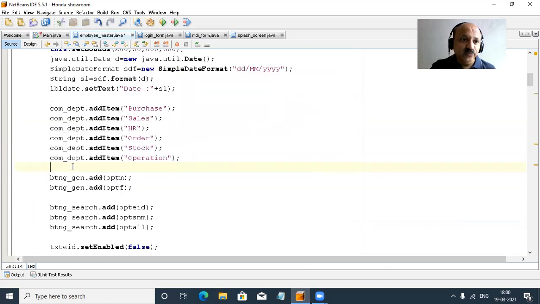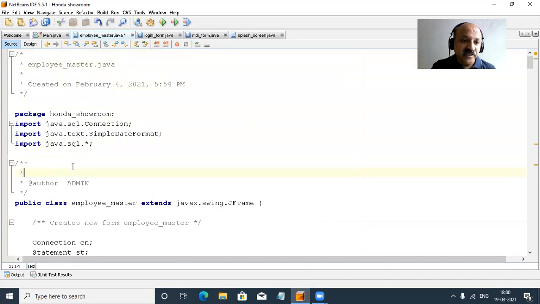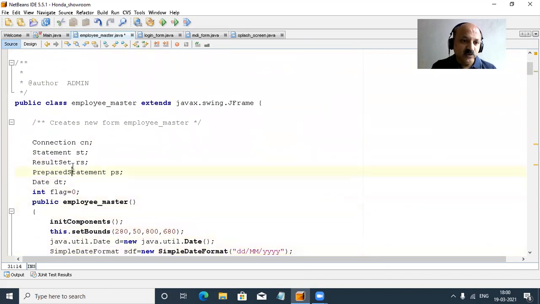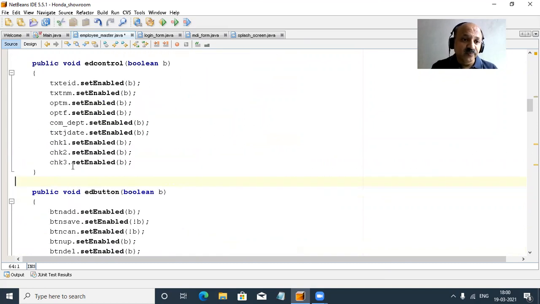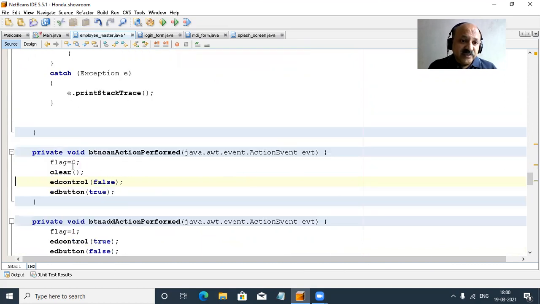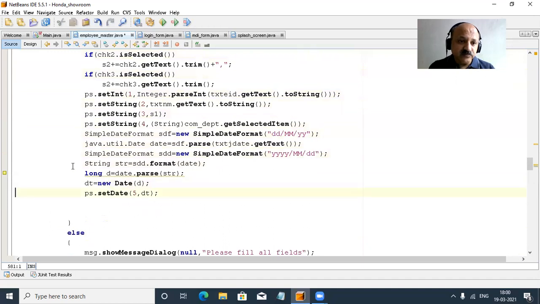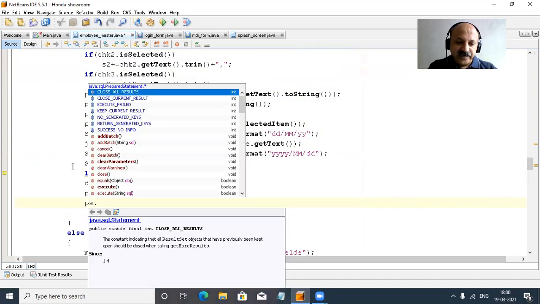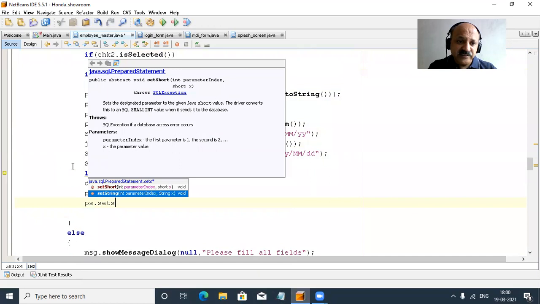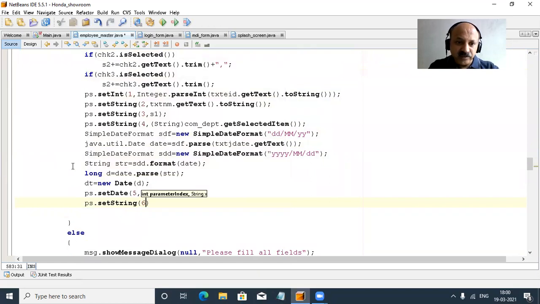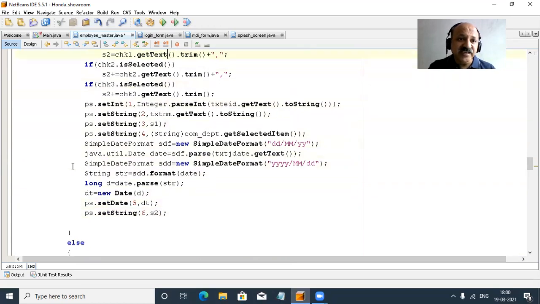So yes, I show you. I previously declared one date variable globally. Here you can look, dt, which I use in this insert method, meaning save. And the last field is hobby. Our date field is very long, with all the conversion and formatting. And last is ps, and that set string. It is a string because of hobby. And for the sixth field, what to do? We store hobby into the s2 variable.